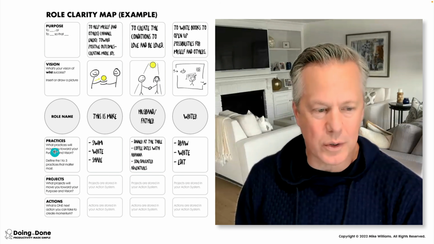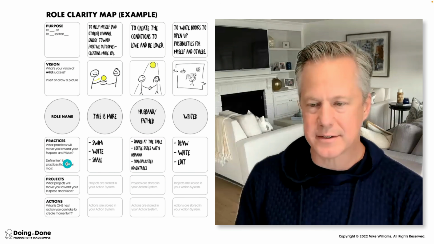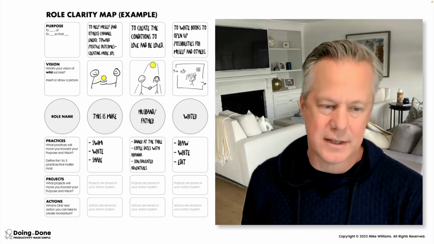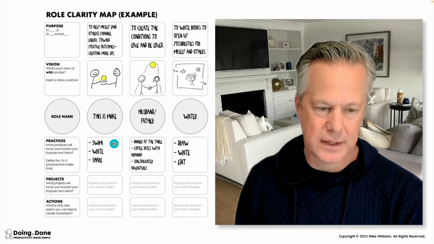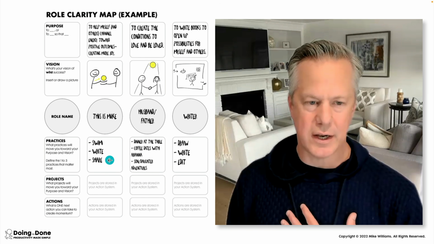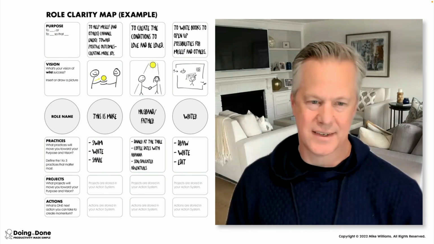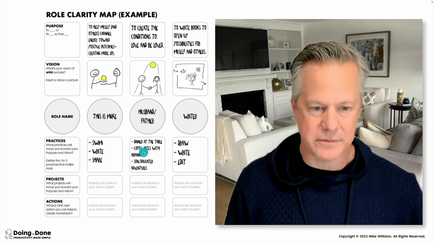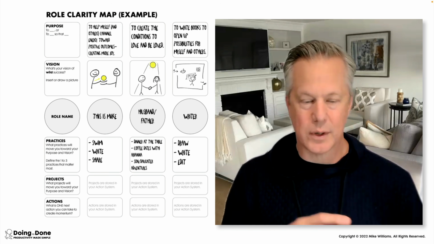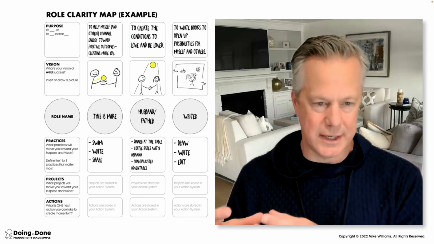And then for each of your roles, I invite you to define the 1 to 3 practices that matter most. Going back to the theme of what's the 20% that produces 80% of the value. So for me as an individual, if I swim, write, and share, that pulls through really good things in my life. As a husband and father, if I have dinner at the table, coffee dates with my wife, and go on son-daughter adventures, that pulls through so much goodness.